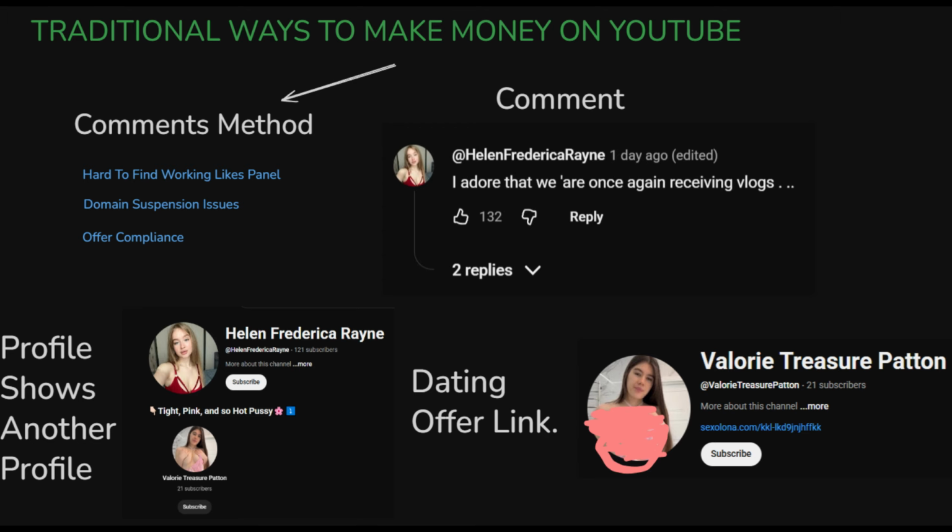I have made quite good money with this method myself, promoting different offers. Unfortunately, nowadays it is hard to get comment likes working due to many YouTube updates. Many domain providers also block your domain very fast. Of course, you can find workarounds by just copying your competitors. If you have, let's say, a $50 budget, you can try this method. Keep in mind, you may have to test multiple SMM panels before you find one that is consistently working.